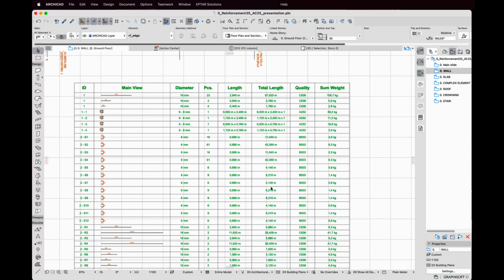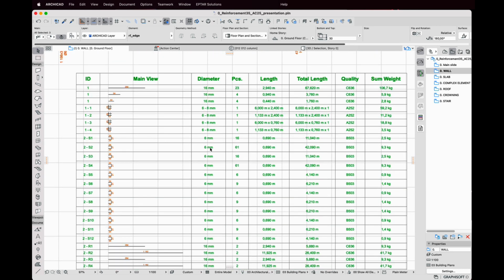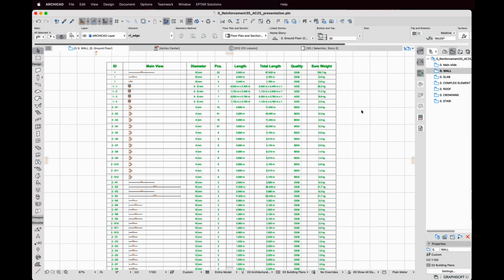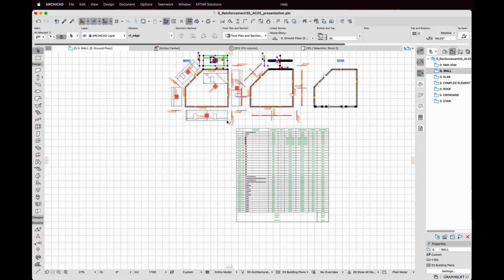This list contains all selected elements with their ID, shape, size, diameter, quality, and weight. In the end of this table, we find a summarized weight. Now I listed only selected elements, but I would like to add more to this list. I add one more mesh and one more edge element to the selection. Additionally, I also select the list,